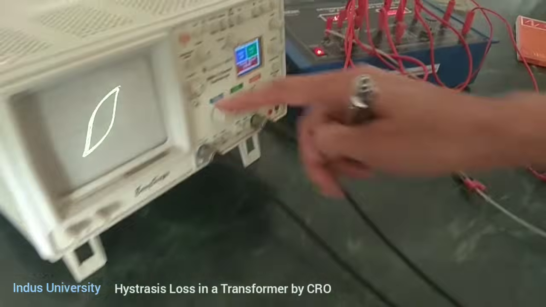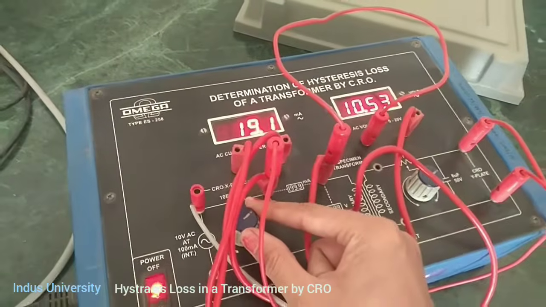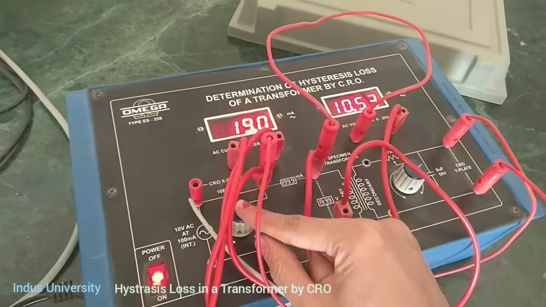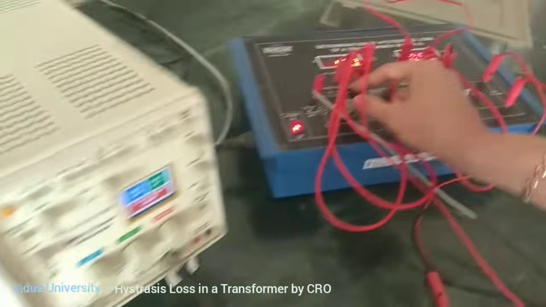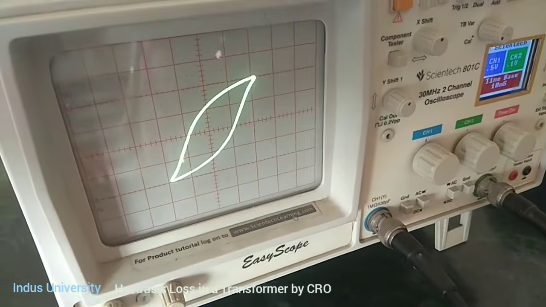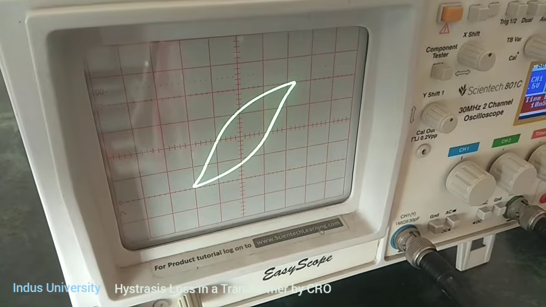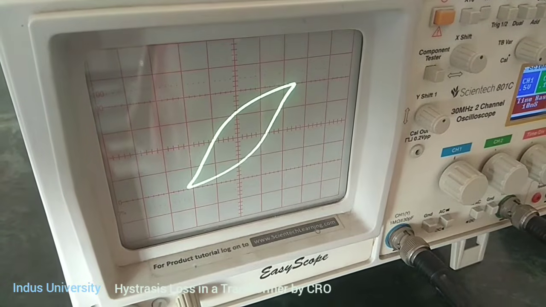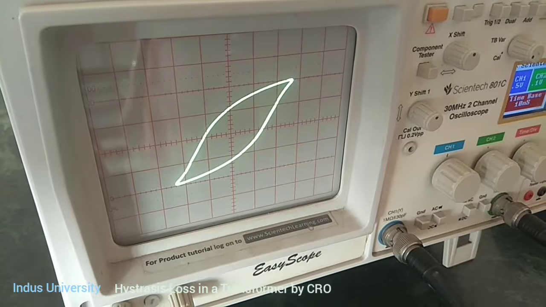For that what you can do is increase your knob in x-axis for the current as well as for the voltage. Don't go only for current increase or only voltage increase, otherwise it will not show you the proper reading. Your BH curve is not properly defined. So here you are going to increase your current like this. You can see the x-axis is going to vary.